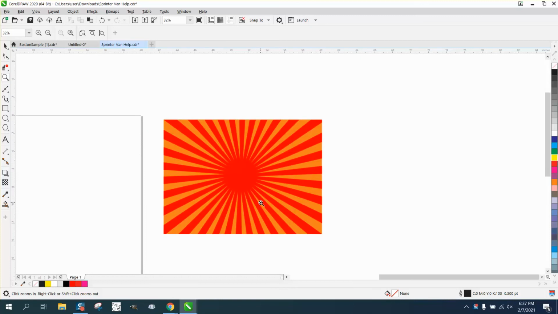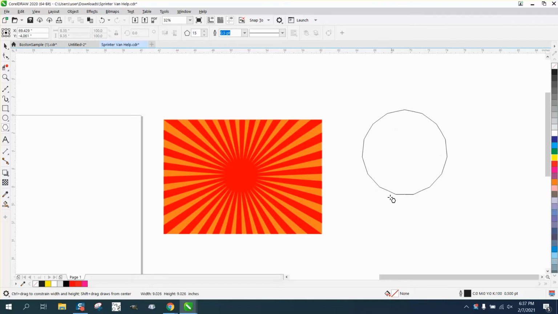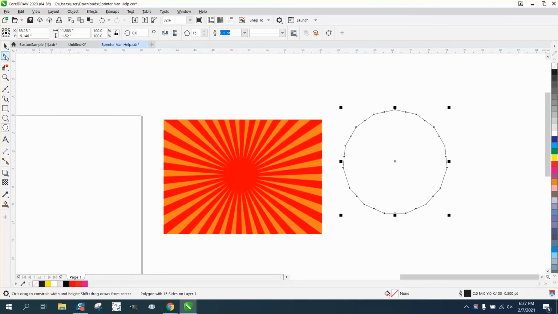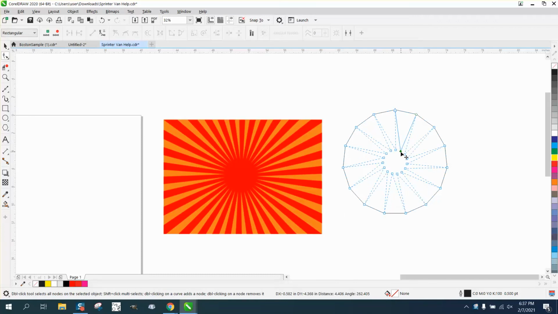Let's just make one. There's a couple ways you can do this. One of them would be the polygon tool. Hold down the control button. And then what's so neat about the polygon tool, you can bring the shape tool and you can bring in